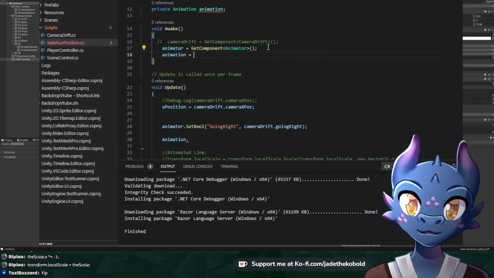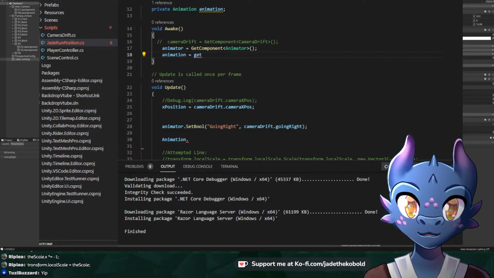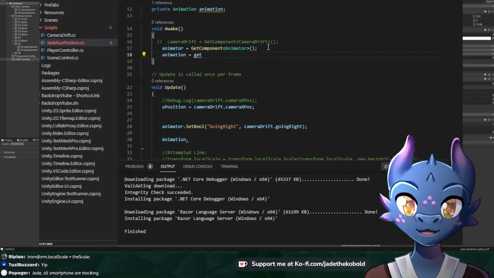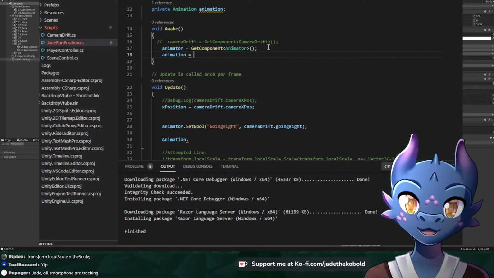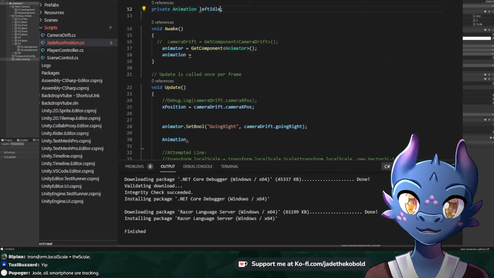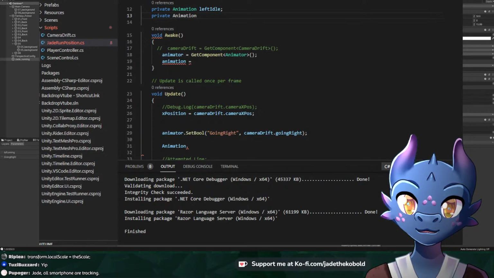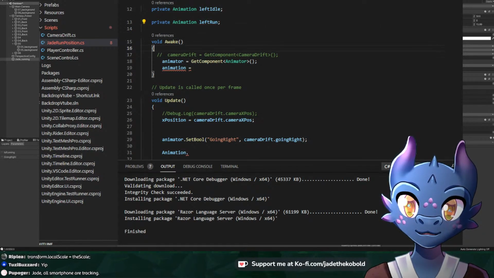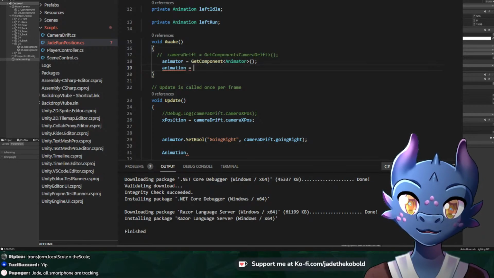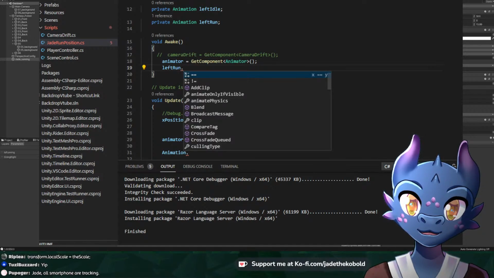Animation equals get... no, I can't just get component animation. Yeah, I can. I absolutely can. What am I talking about? No, private animation left idle. Private animation left run. Is this dumb? This is dumb. Left run dot